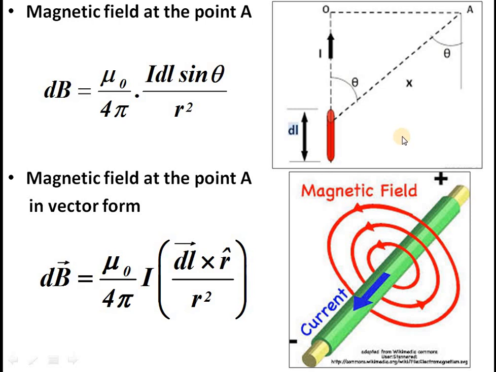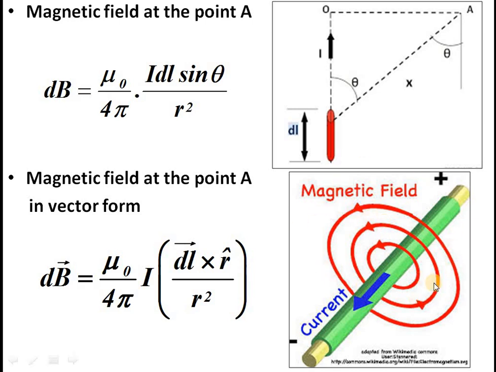So there is a very simple rule to find the magnetic field around the wire. Suppose you take your right hand and your thumb is towards the current. Current is now in the yellow arrow, you can see. Your thumb is along the direction of current. If you hold that wire using your right hand, then all your fingers will wrap around the wire. Then the direction of the rest of the fingers will be along the direction of the magnetic field.